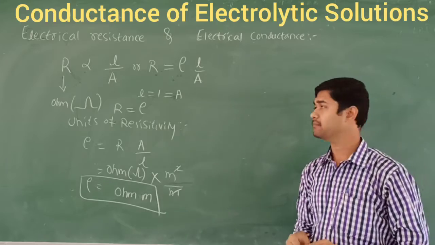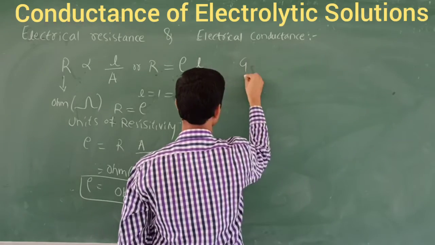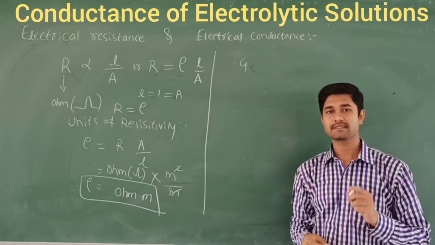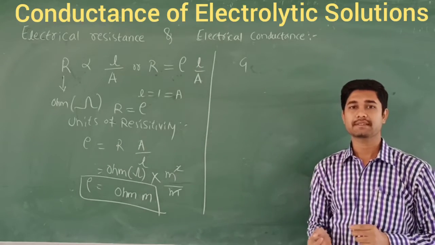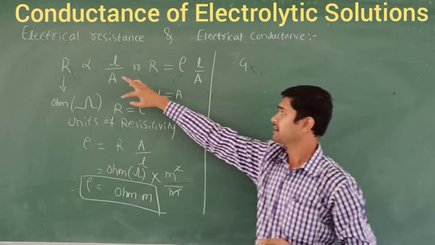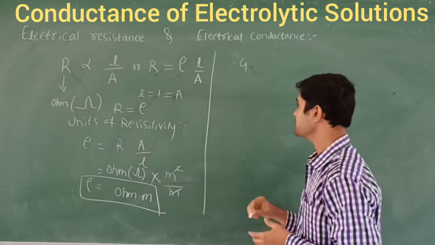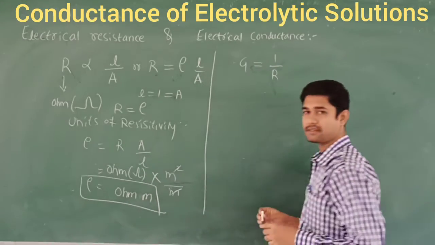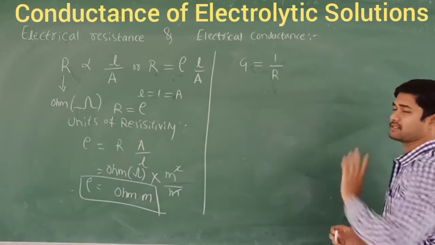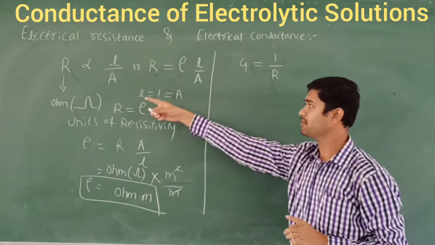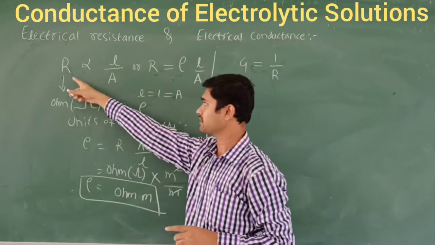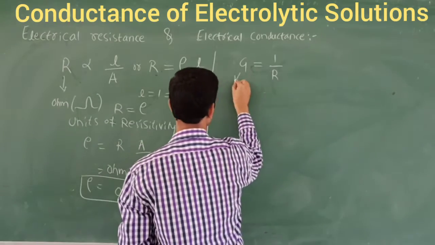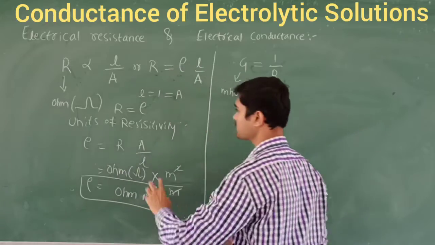Conductance can be designated as G. G is nothing but the conductance. So what do we mean by this conductance? Conductance is nothing but the inverse of the resistance. Inverse means G is equal to 1 by R. Conductance is the inverse of the resistance, right? So if we measure the unit of this conductance, the resistance is in ohm, so what about the inverse? Inverse means mho, M-H-O. We just reverse this one.